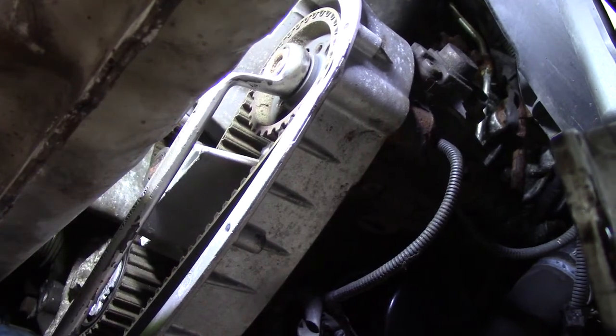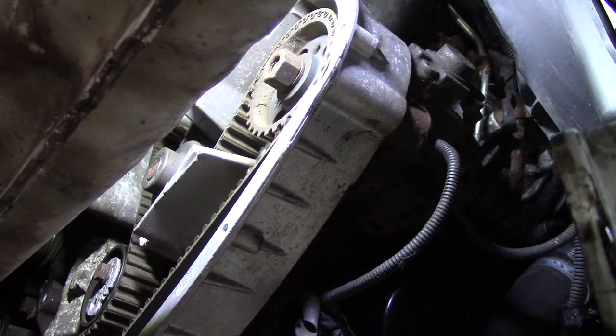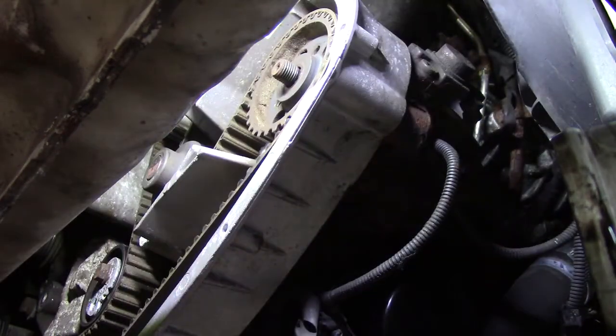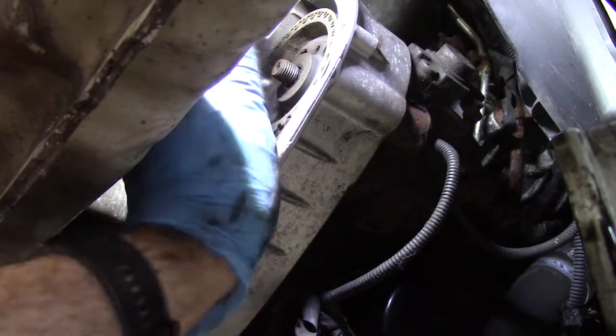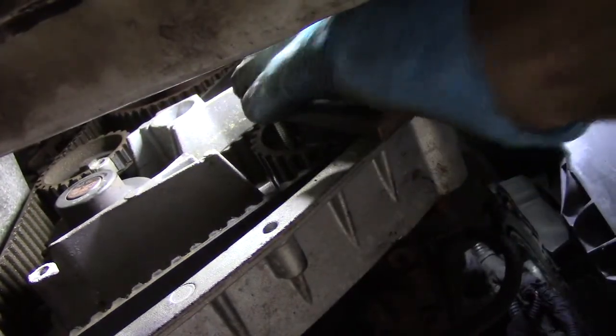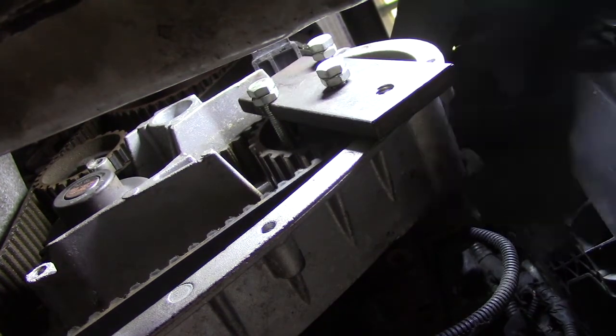So that nut is 22mm across the flats. So we crack it loose. There we go. Put those in the magnetic tray. Right, now it's time for the special tool for removing the high pressure fuel pump pulley. Right, so I've got the plate bolted on, got the 3 bolts started,